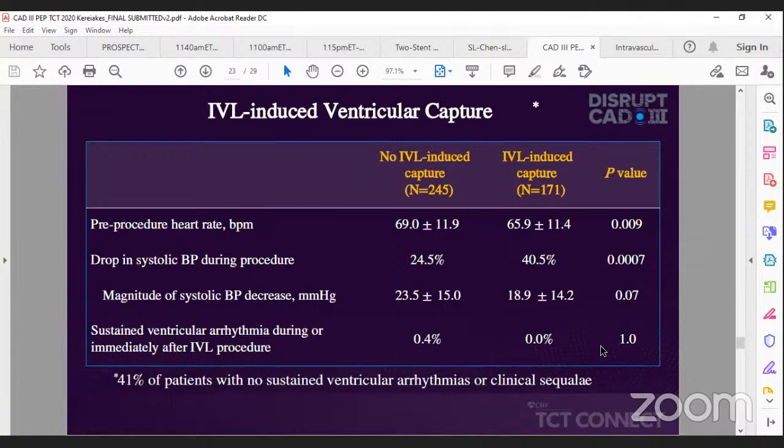So what actually arises as a point for discussion is that these shock waves can initiate some PVCs, premature ventricular contractions, and some patients may develop hypotension during those PVCs. So those were studied separately actually. PVCs happened and blood pressure dropped up to 20 millimeters mercury, but this was not sustained at all. As you see here, the sustained ventricular arrhythmias during or immediately after the intravascular lithotripsy,